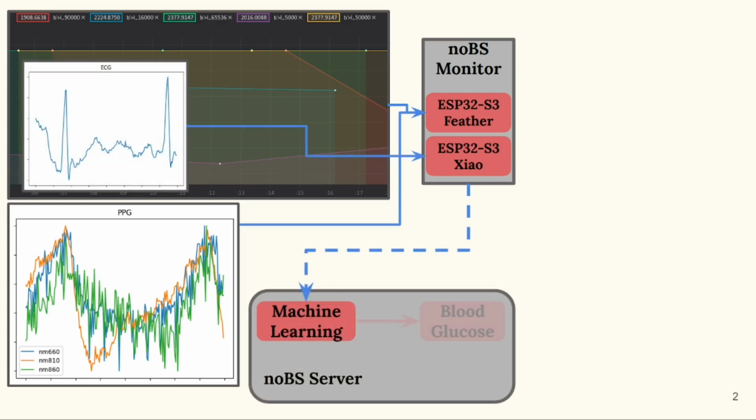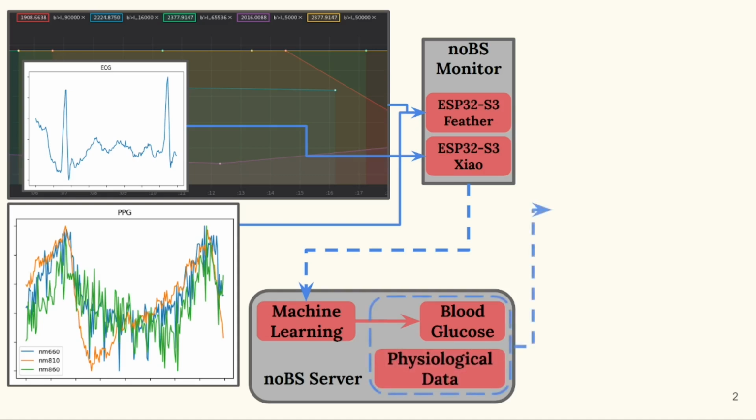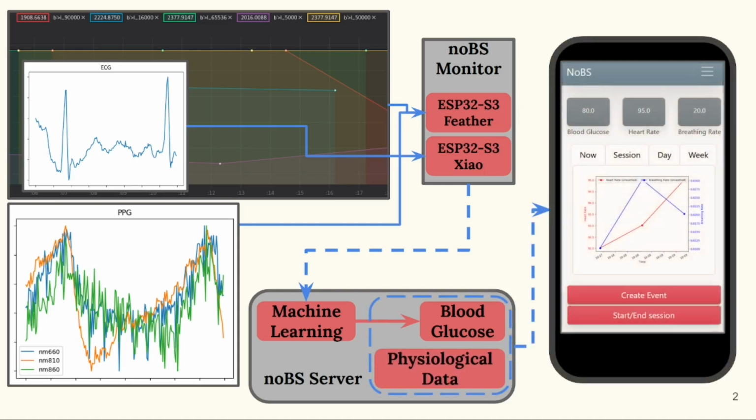These, along with an ECG signal for blood concentration measurement and heart rate, are fed into a custom-built machine learning model, which we will cover in a bit more detail later. The machine learning model interprets these raw signals into an estimation of the current blood glucose level and passes this to the next stage. At this point, the NoBS server calculates heart rate and breathing rate from the ECG signal